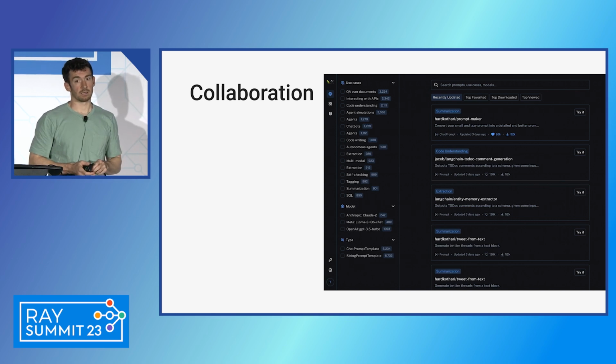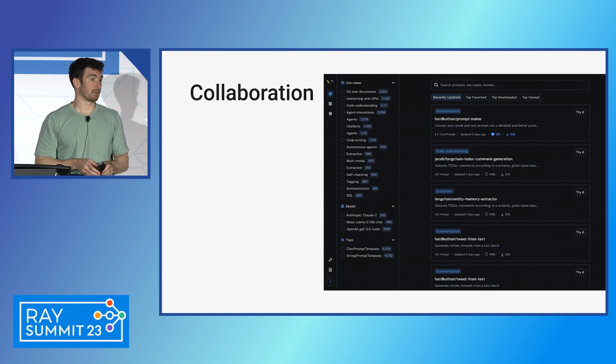A lot of what we see right now is either it lives in GitHub. Everything lives in GitHub, and the prompts are treated as code, which I think is less than ideal for some of the non-technical folks to collaborate there. Or we see people using Excel spreadsheets and tracking that in Google Drive or something like that, and there's some kind of versioning system there.